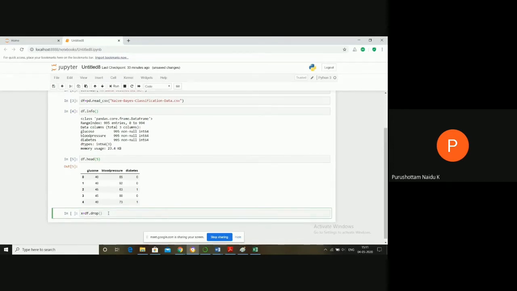I want to drop the column called diabetes, dropping the entire column with all the rows. That's why I maintain axis equals 1. Axis equals 1 means dropping that particular column across all rows.